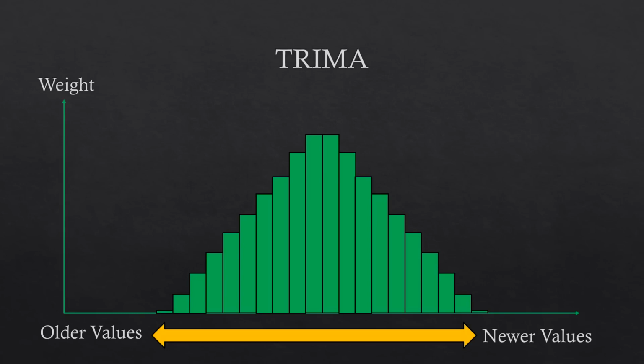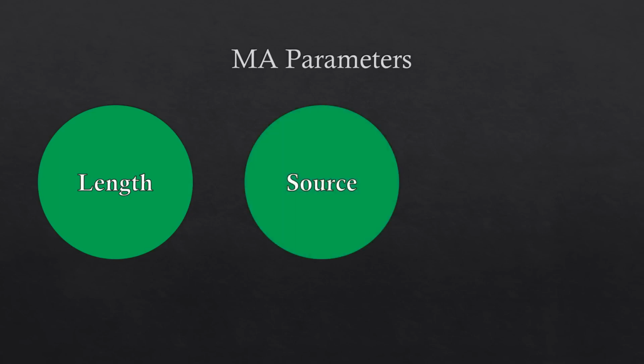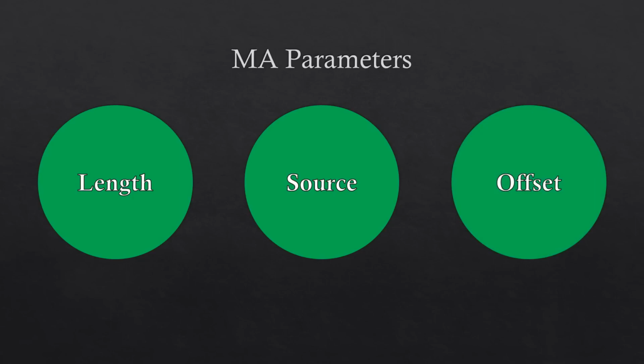So far, we have considered the calculation of moving averages using the closing prices, which is the common choice, but there are other possibilities. In fact, there are three parameters we can change in the moving average. The first one is called length, which is the size of the rolling calculation window, also known as the period. The second parameter is the source, which is the type of values that are going to be used in the calculation, like closing prices, for example. The third parameter we can change in the moving average is the offset, which shifts the whole moving average forward